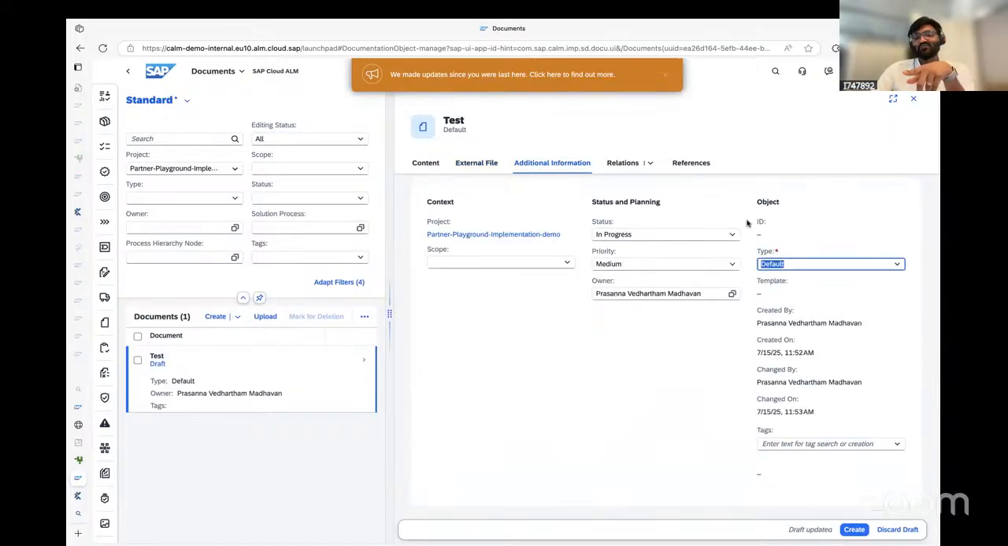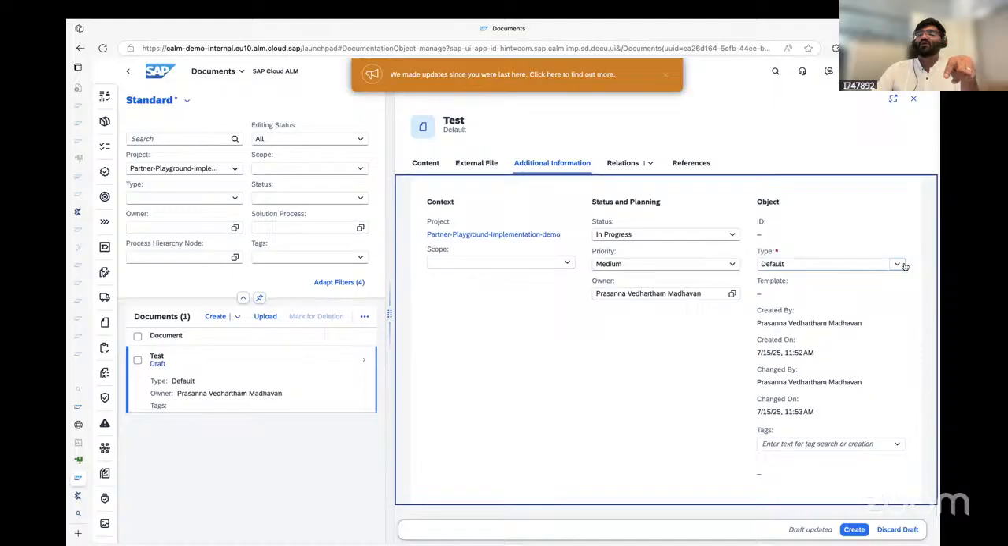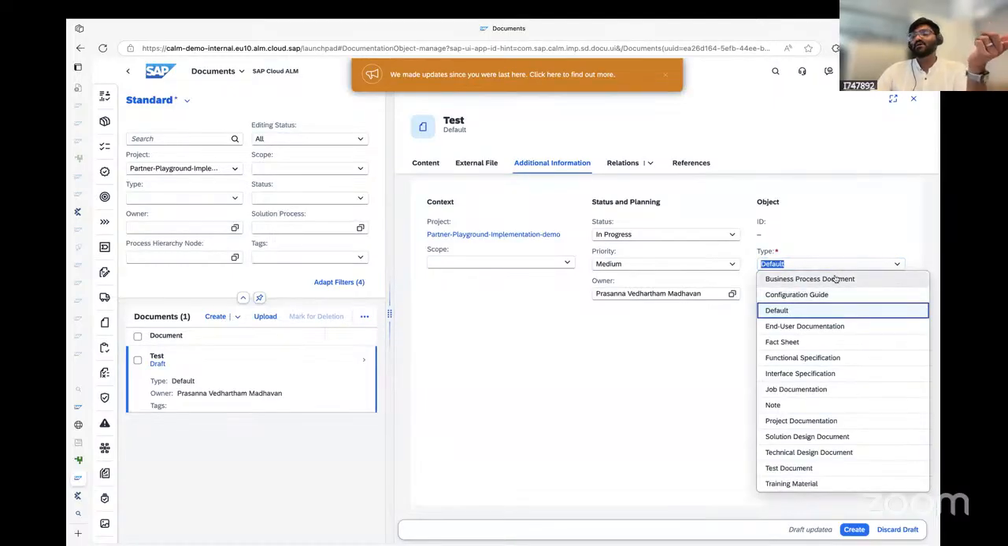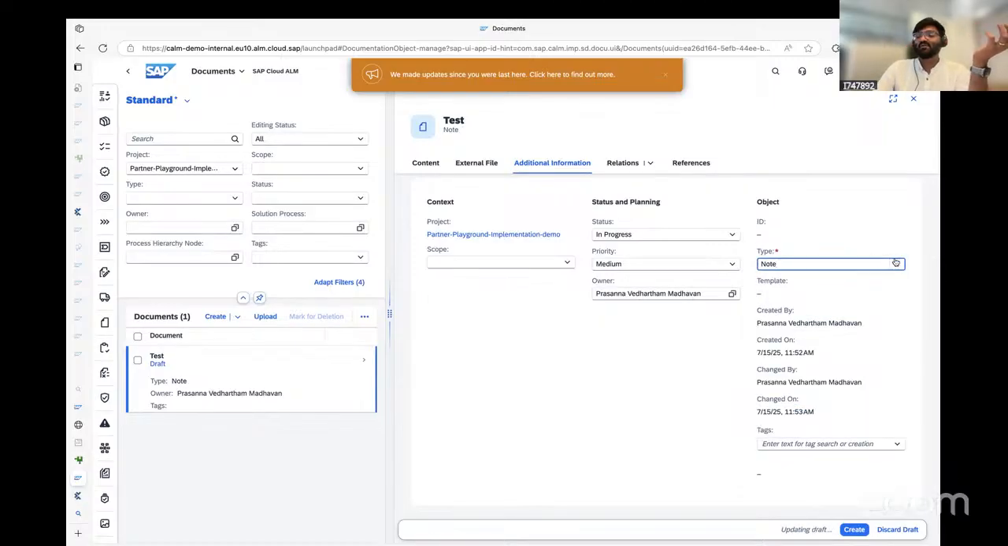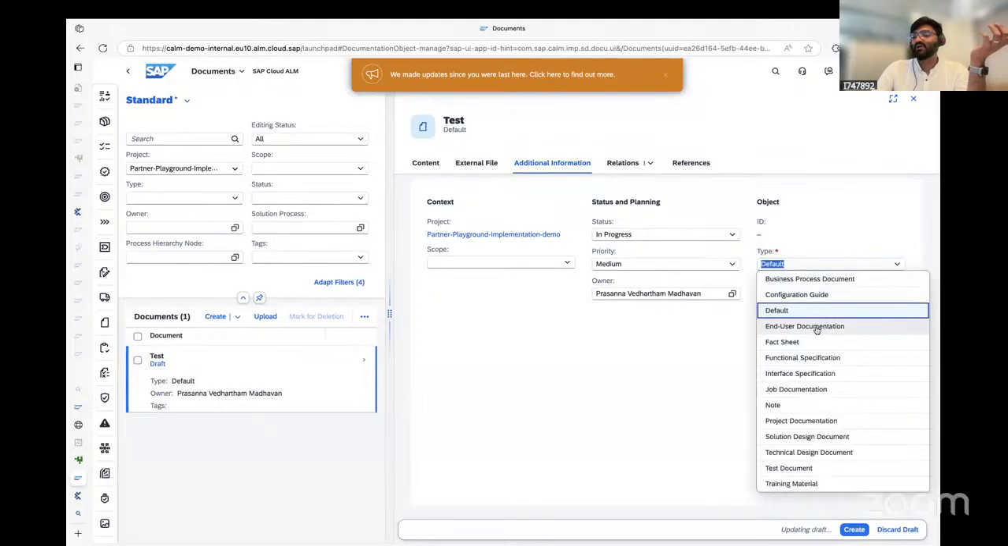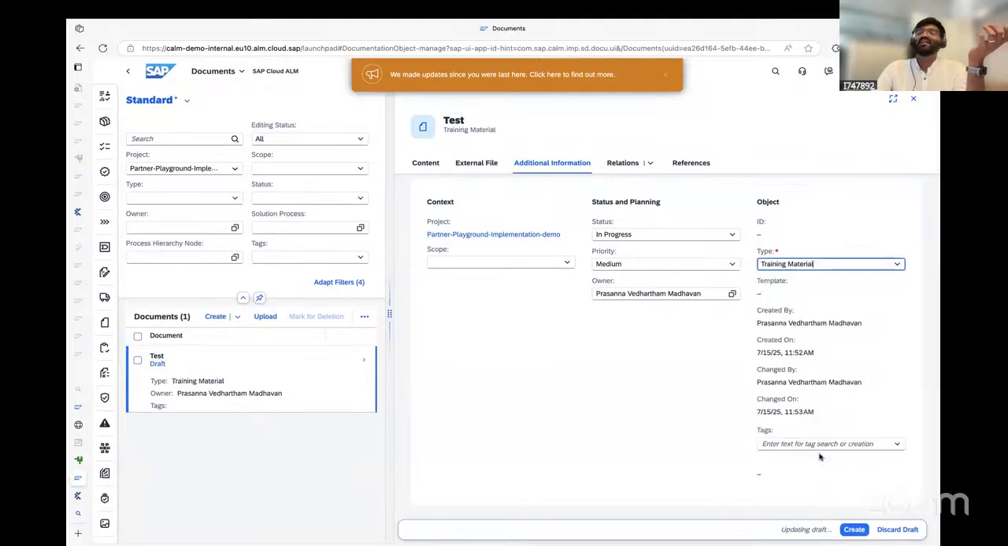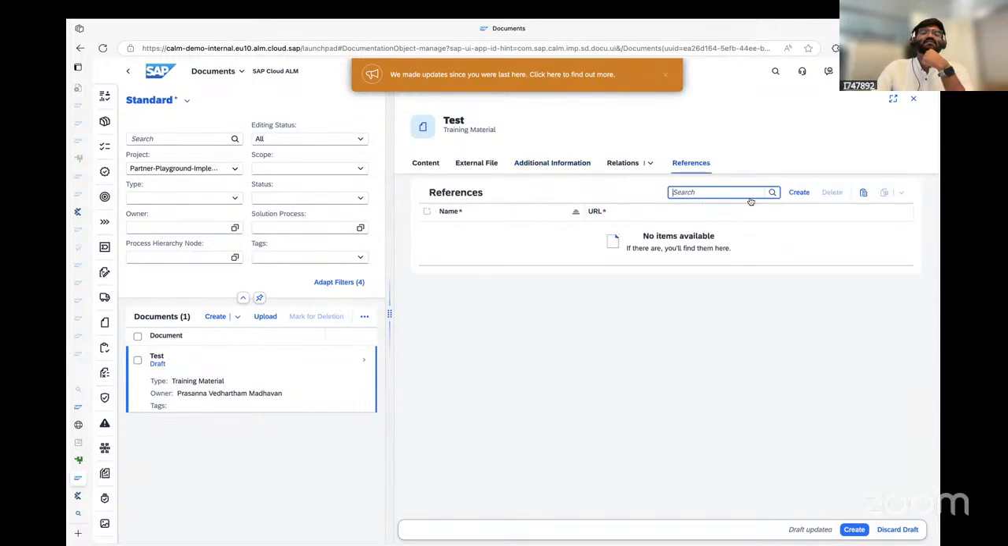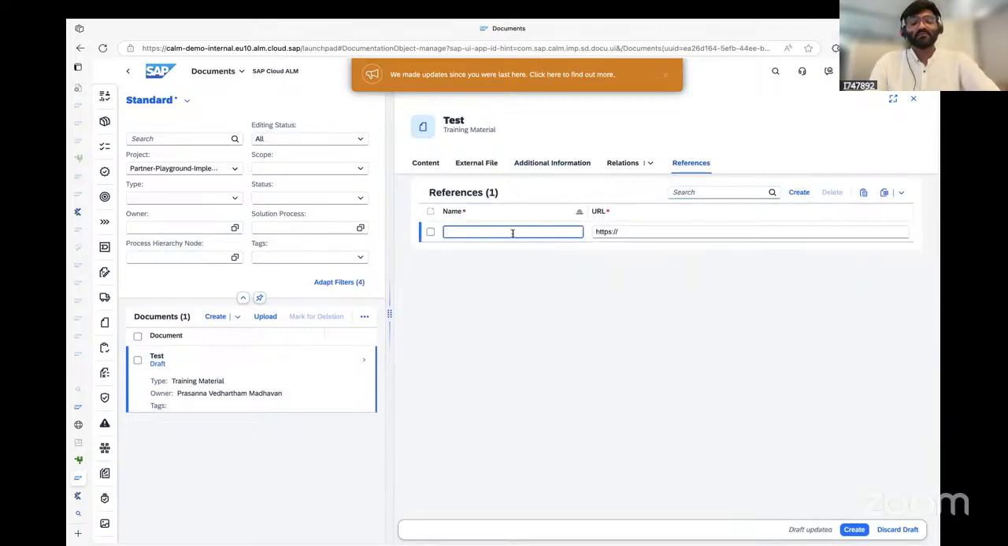And this is all the additional information that you can give: the status of a project, status of your current document. Is it a document that is in progress, in review, or released? And then what is the type of this document? Is it a business process document, configuration guide, end user document, fact sheet, functional specification, interface specification? So you can select the type of the document that you are attaching. It is just maybe a note, or just a default document, end user documentation, test document, training material, maybe. You can even create a training material, and in the reference, you can create a reference telling